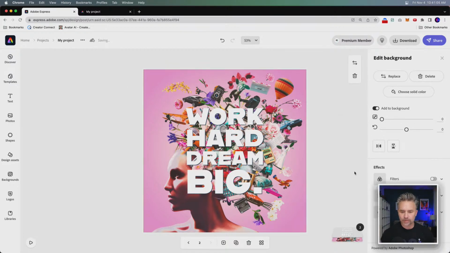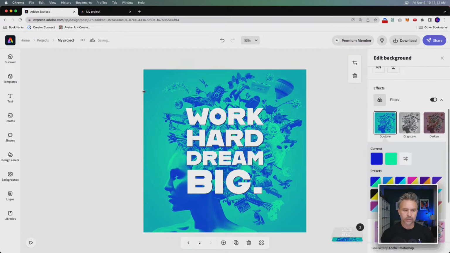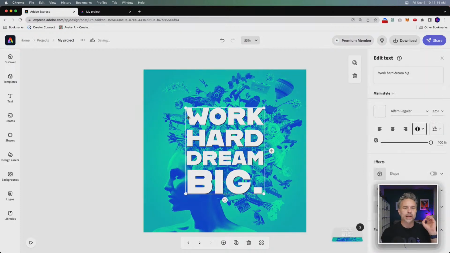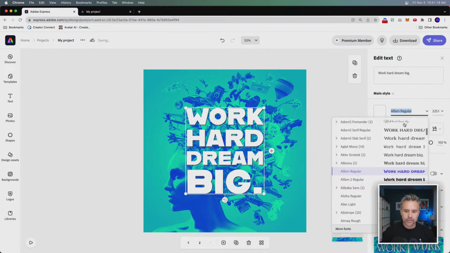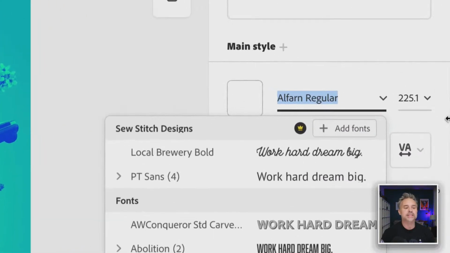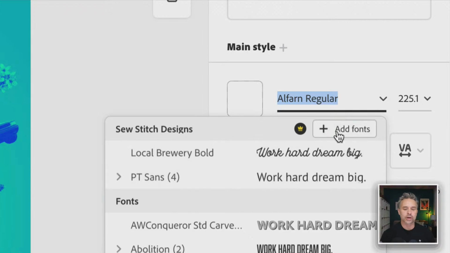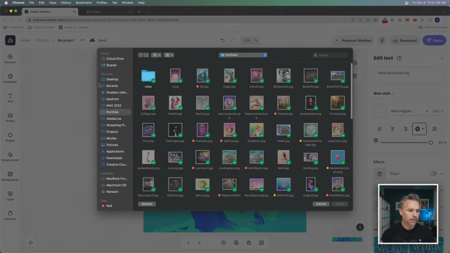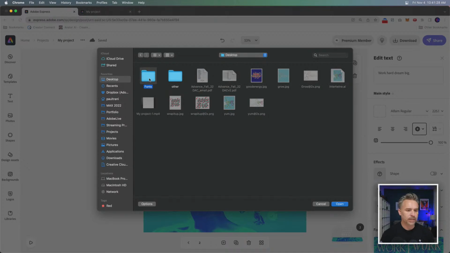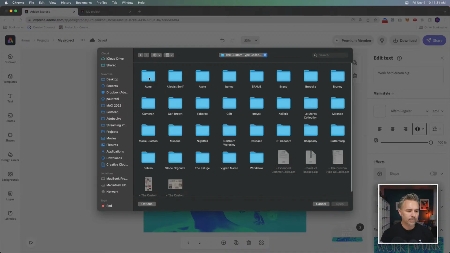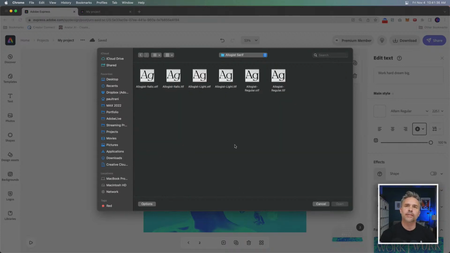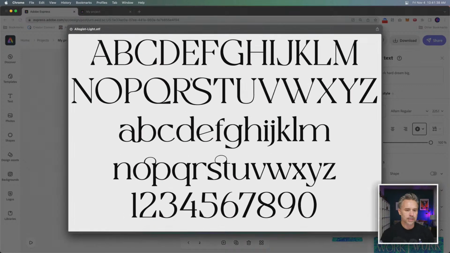I actually want to do a couple more things, because for the background, we could throw a filter on it, because what I really want to highlight is cool fonts. And I love that you could load up your own fonts, and it stays with your Express. So let's go in here. I have so many cool fonts, everybody. I'm so excited about these. I think I got these from Pixel Surplus.